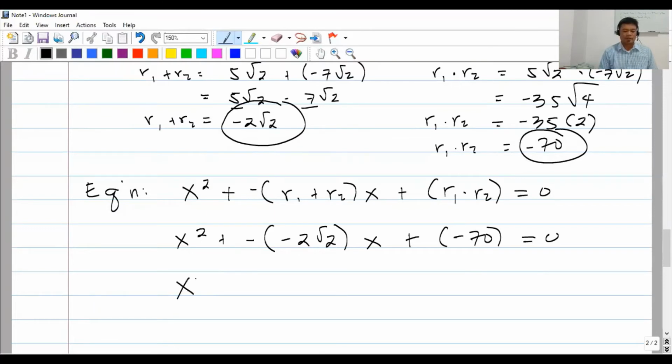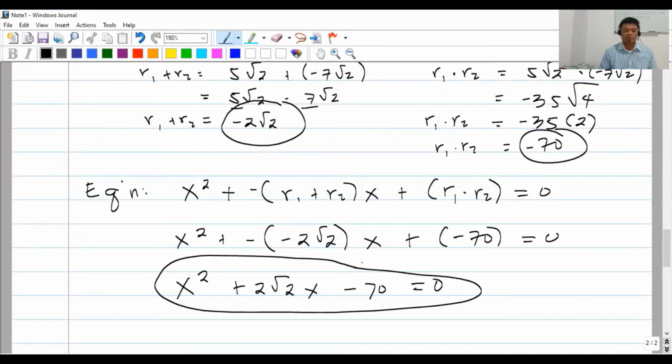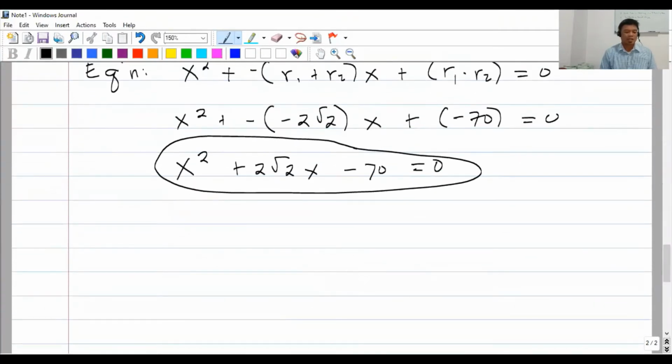So we have x squared here. Negative times negative is positive, 2 square root of 2 of x minus 70 equals 0. So this is our formed quadratic equation, whose roots are 5 square root of 2 and negative 7 square root of 2. Okay? And number 3, in this example, is